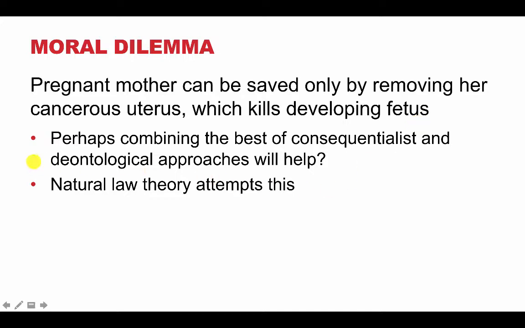If we go a deontological route, like a Kantian or something like that, then what's the principle that we follow, right? Because it's a dilemma, it's hard to tell. So natural law theory tries to make sense of this a little bit more. Not that it makes it any easier in this kind of situation, but maybe it makes for a clearer explanation of what perhaps the moral thing to do is.